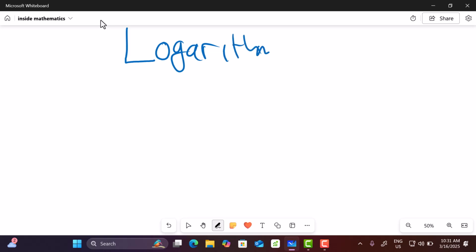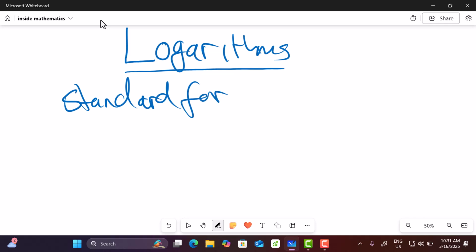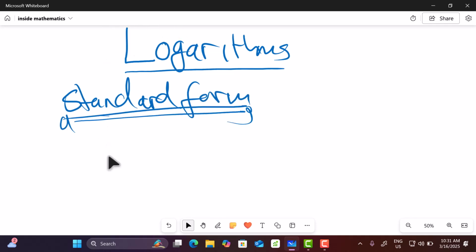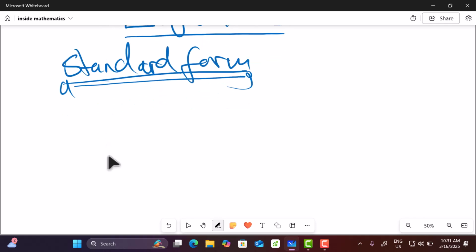So in this journey we are going to discuss logarithms inside math. When you talk about logarithms in mathematics, the first thing you need to know, let us start by looking into standard forms. Standard form, others call it scientific notation, others call it standard form or math notation. It depends. In this notation, it is written in the form of a times 10 power n, and this n is known as an exponent